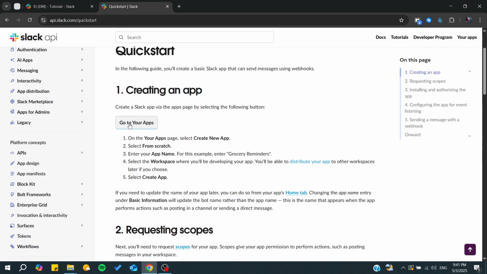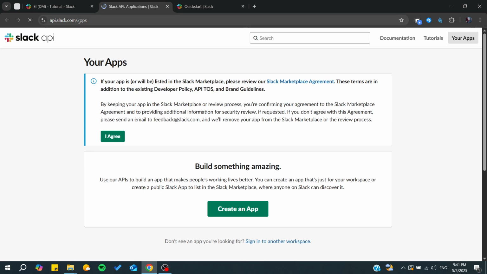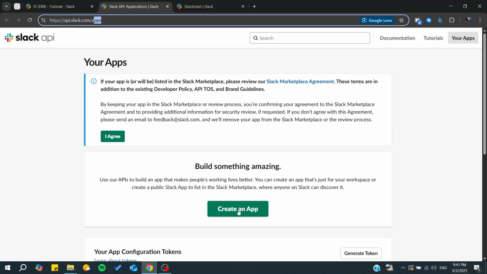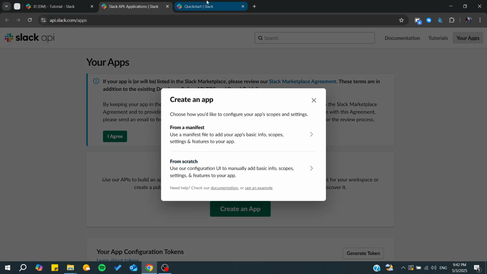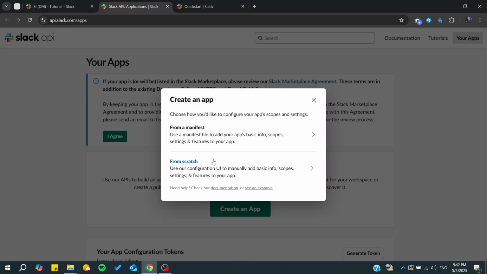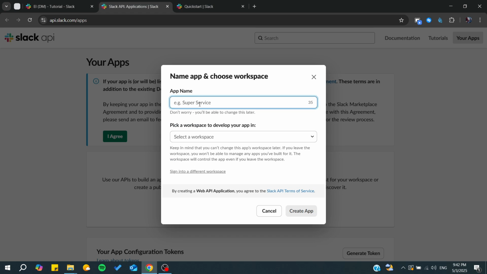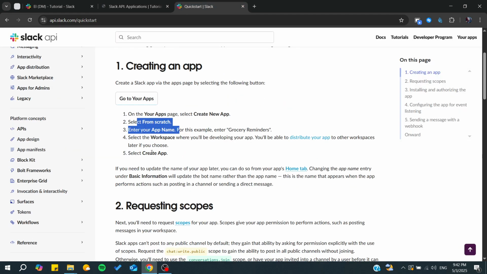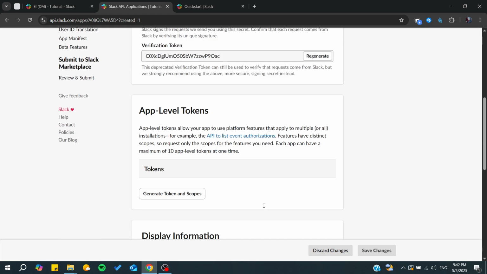The first thing you will need to do is go to your apps so you can start creating a new app. From here, we will go to the apps page, and here we want to simply create an app. As you can see, we just need to go to from scratch, and then you can start choosing the name of it. So with hook, and you can choose your workspace. In my case, this is my workspace, and I'm going to create this app. And basically, you just need to click on create app so it can be created